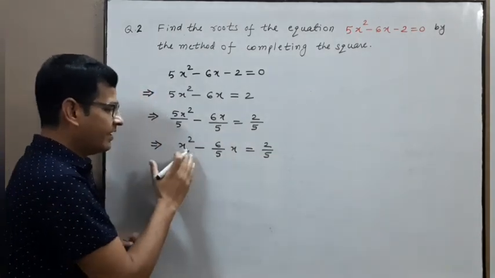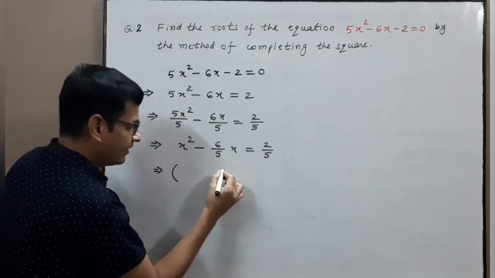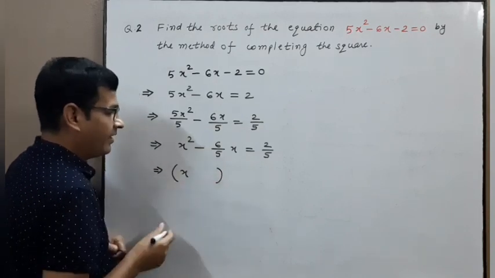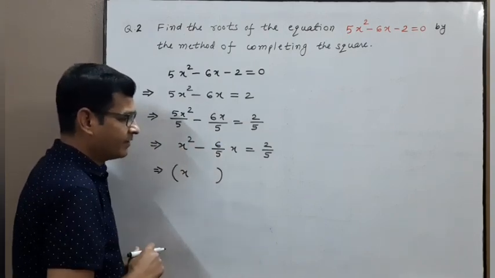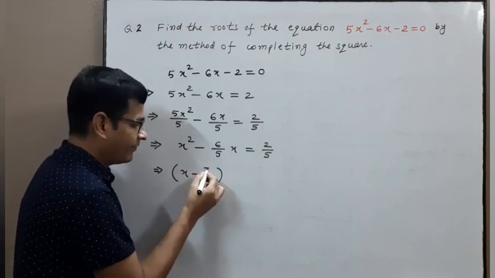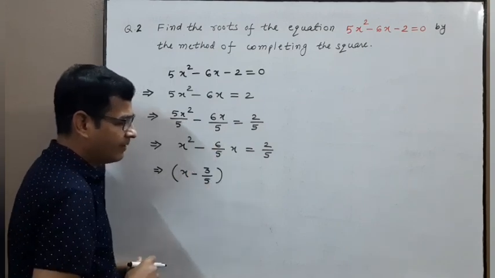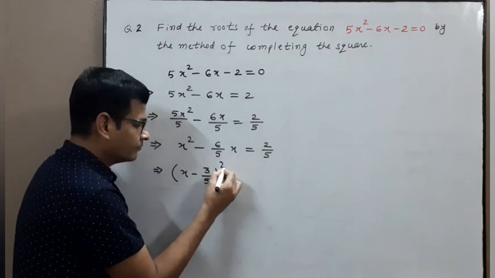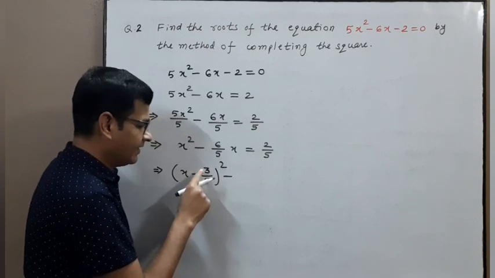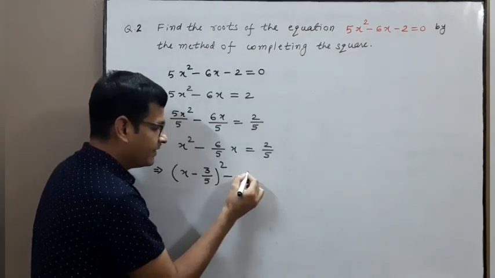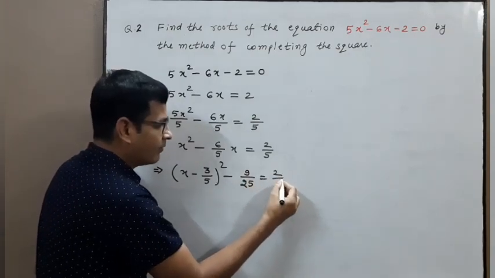Again there are two terms, x square plus something. I am now completing the square. For this, write x and half of the coefficient of this, we have to take its half. So what is half of 6 by 5? 3 by 5. Your method is 6 upon 5 into 1 by 2, 2 threes are 6, so 3 by 5. Whole square. Minus, always write the square of that number. So please write directly: 3 by 5 whole square means 9 by 25, is equal to 2 upon 5.